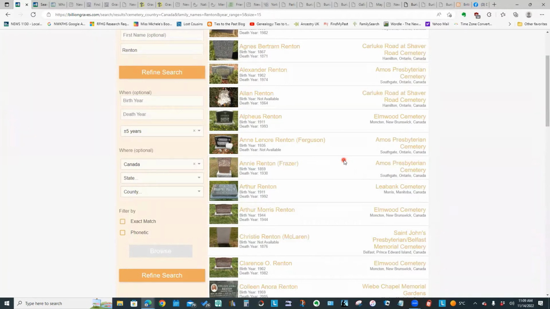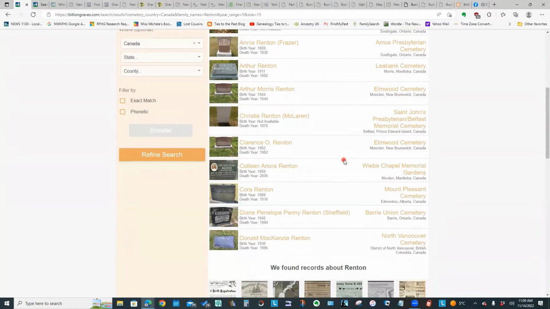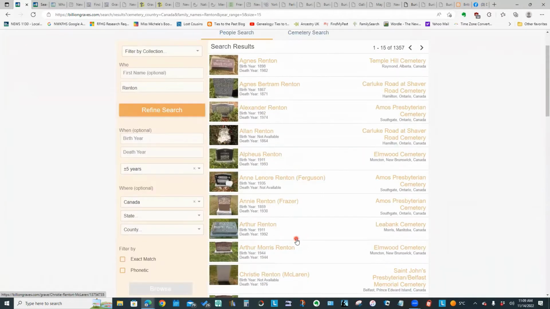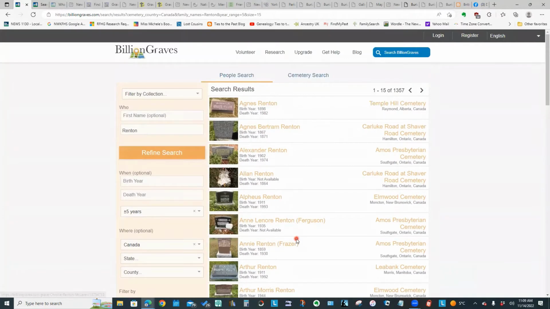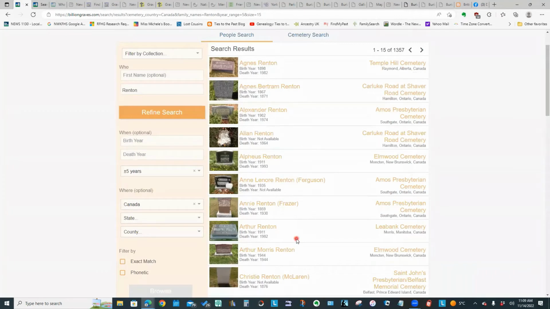So I find it helpful to search across multiple sites when I'm looking for a particular person. So in this case, this is my father, Donald Mackenzie Renton, but my grandfather, Arnold Mackenzie Renton, who is buried in a Vancouver cemetery, is not listed on this site.